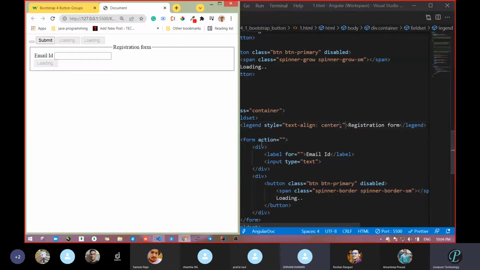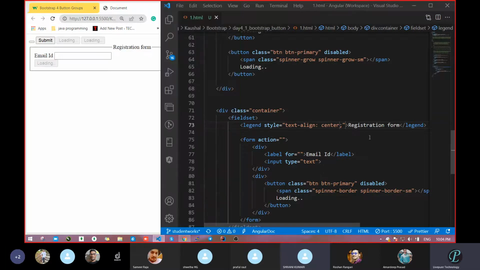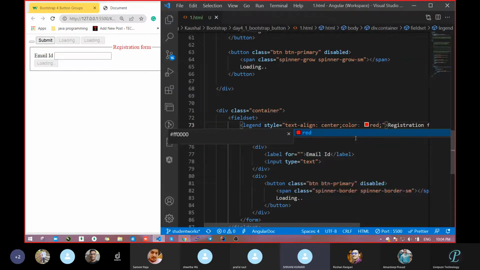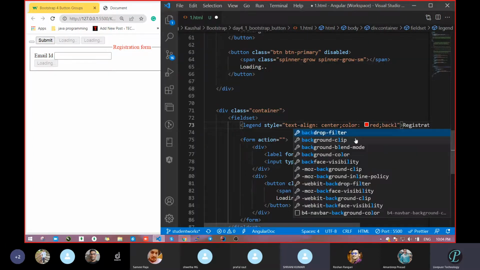Style, text-align, center. Samsad, you were asking how we can get this registration form in the center. This way we can get that. Do this color. Text color will be. How can we get border color? No idea. I think background color will work.